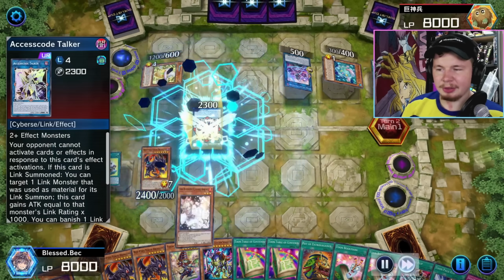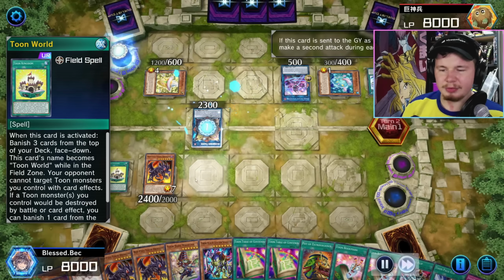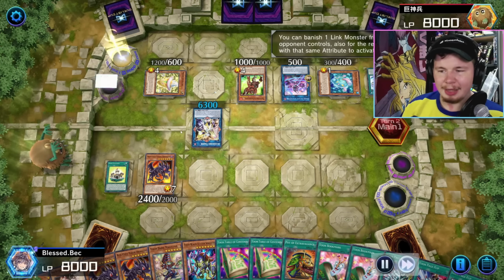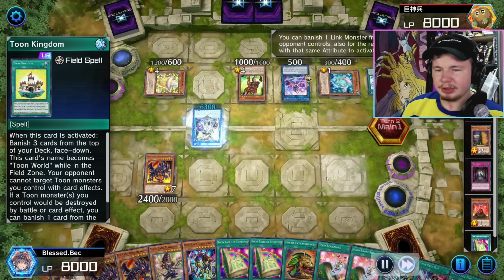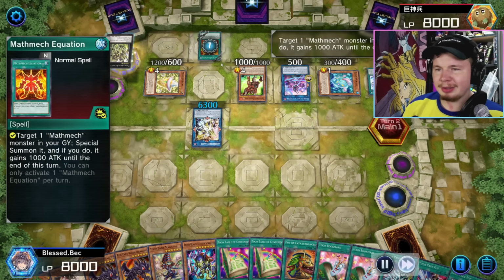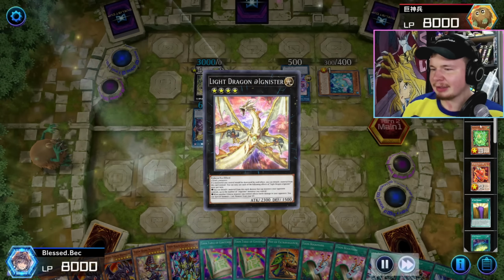Okay, here's the access code. Now, access code can't destroy this stuff because we have the Toon Kingdom on the field, right? So, access code effect, attempt to pop. Oh, no, but they can't just pop the field spell and then pop the Red Eyes Toon Dragon. How? Okay, but they did use Circular. Did they make their access code with the...